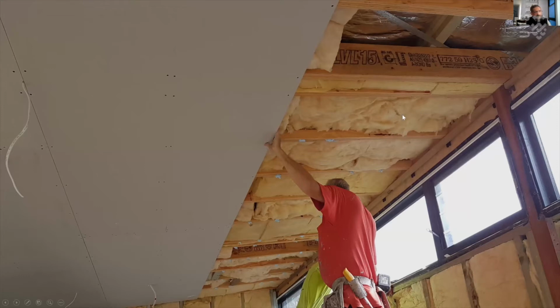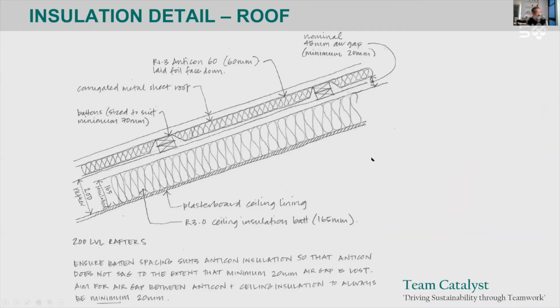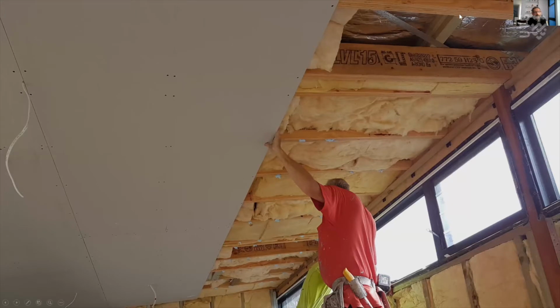Now, we had to think about how we did that insulation. Okay, and here are some drawings that Peter made for us after we had some discussion about that. If you look at the roof insulation, you can see this aluminum foil over there. And then you can see this beam, and you can see there's a bit of a gap before the next layer of insulation in between the beams. And there was a reason for doing that.